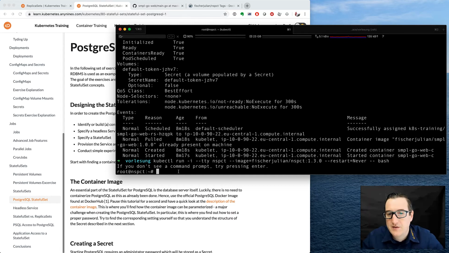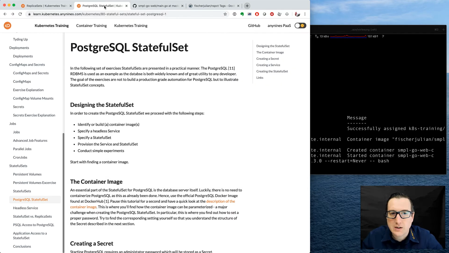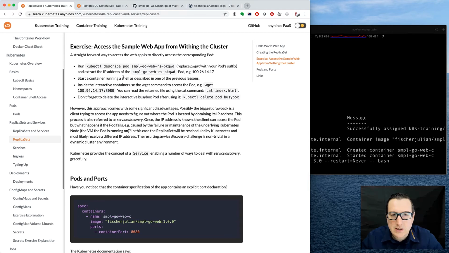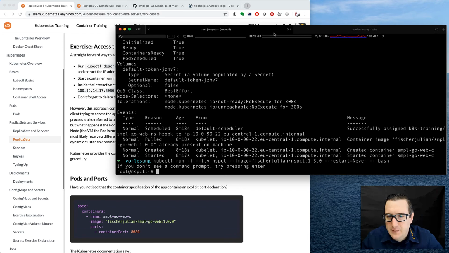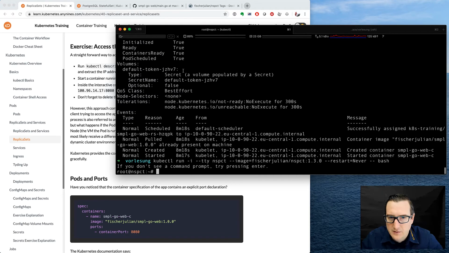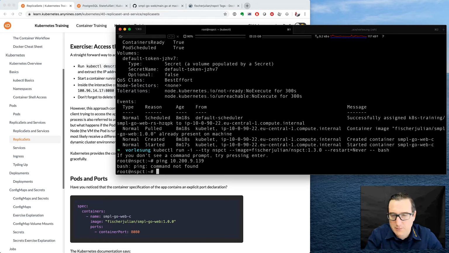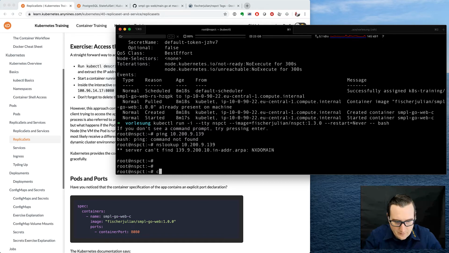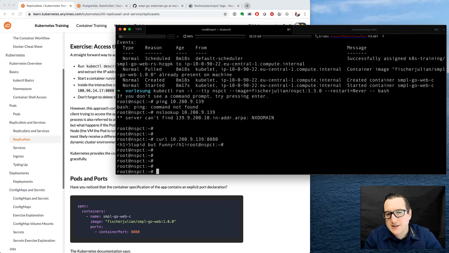So here we are within the container. We've extracted the IP address from the pod, which would be this one. So we can, for example, try to ping it. Oh, ping is not there. You can do a reverse lookup, but maybe we can do a curl. And as you can see,